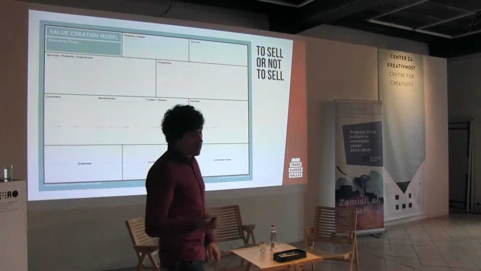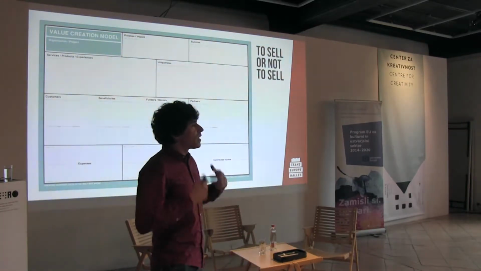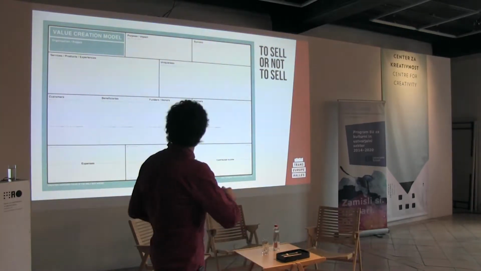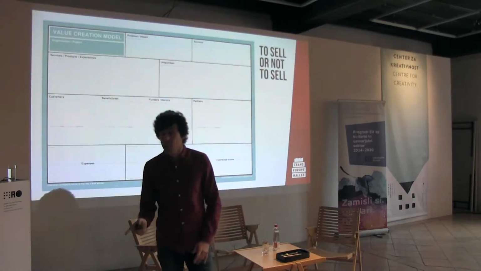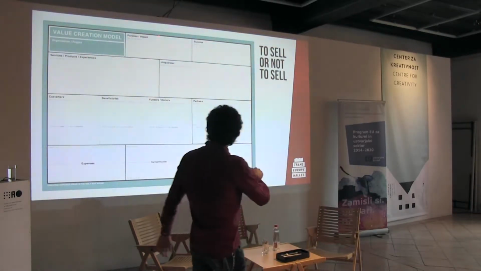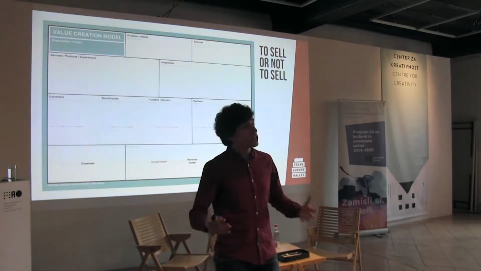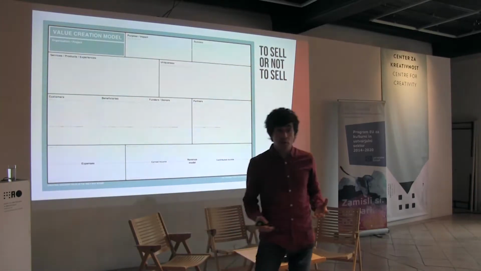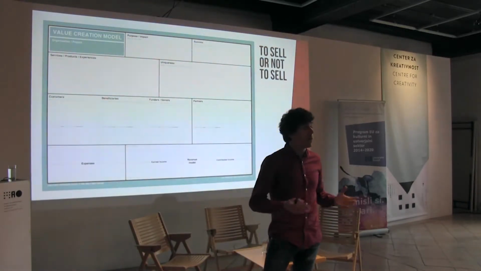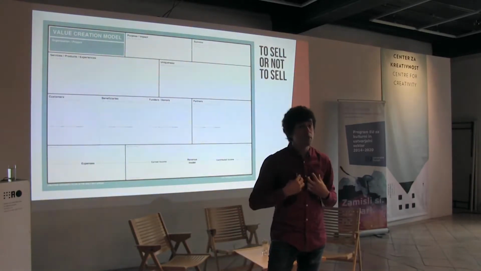So based on the canvas that you have already seen, I just adapted to the cultural sector because there were things that were not fitting when we were working with the cultural organization. So for example, something that Julie added to the canvas is the vision, and that's maybe one of the most important things. So we added here the purpose and impact and how we are measuring the impact, because not all the cultural organizations are measuring their success in financial terms. There are many that don't care about the finances at all, and they are volunteers and they are very happy and delivering value for their communities and for themselves.